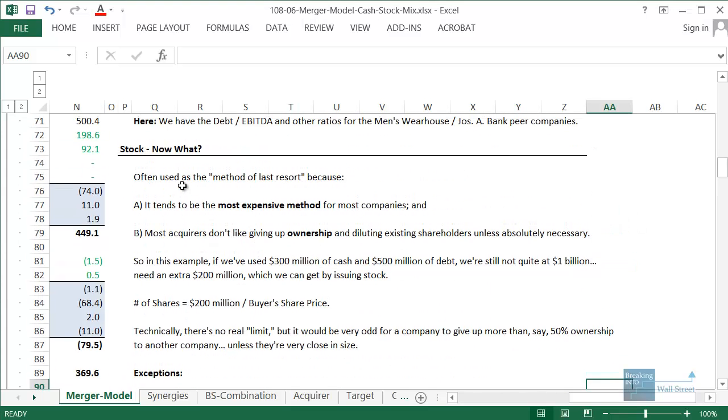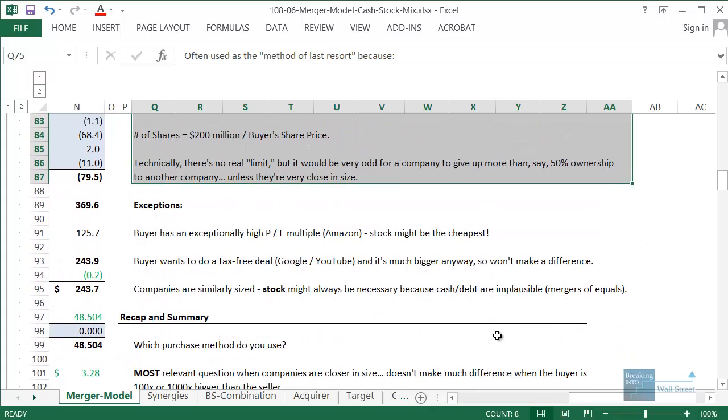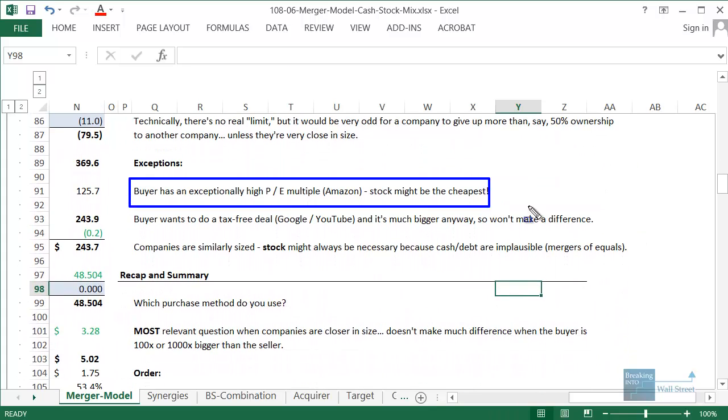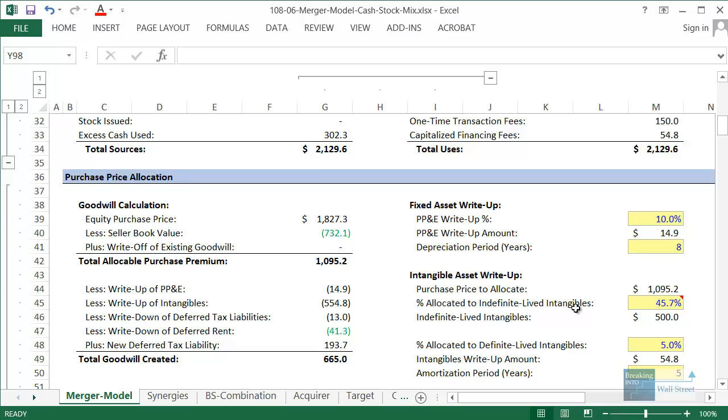So again, stock tends to be the method of last resort because it's the most expensive, and you use it often when you have remaining funding for a deal and you don't have it from other sources yet. There are some exceptions. One exception is if the buyer has a very high PE multiple, then stock might actually be the cheapest method. So going back to our table up here,